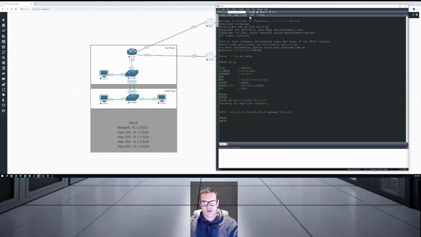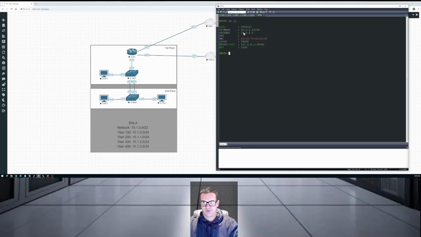So what we're going to try to do is ping from site A PC3 to site B PC3 and see if we have success or not. So we're going to try to ping 10.2.2.13 from site A. And there we go. It works. That's cool, right? So now if we trace to 10.2.2.13,